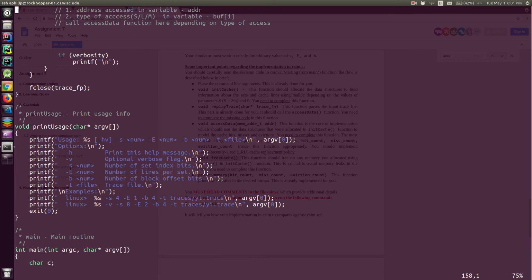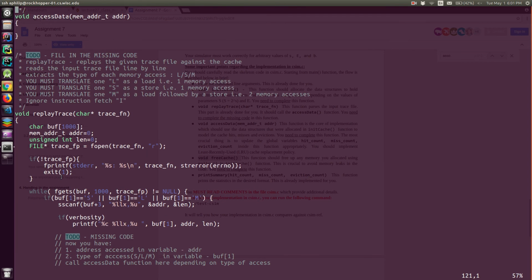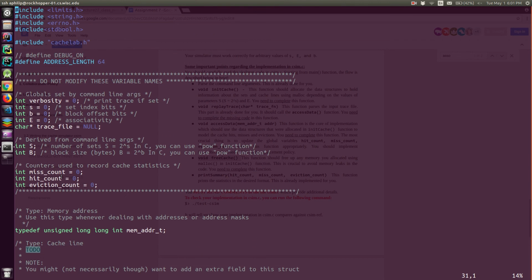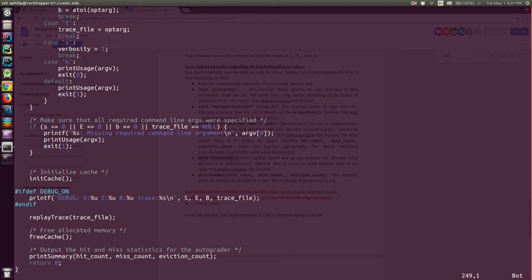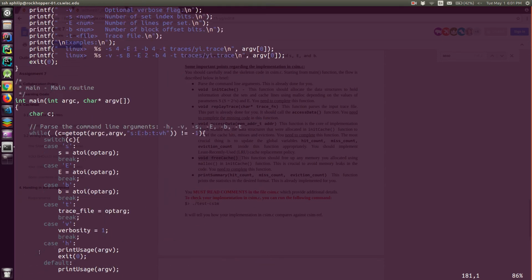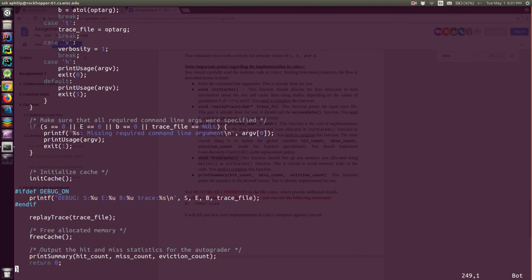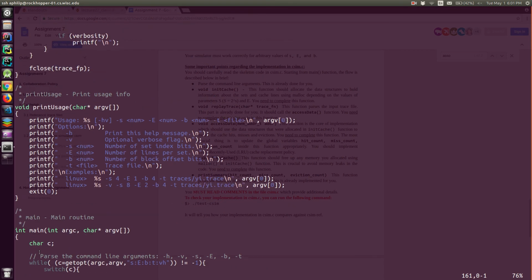Now coming to print usage, this is the statistics that's being printed. No, this is print usage. Print summary is this. Was it somewhere here? Yeah, I think this is defined in another supporting file that we gave, not in this. Okay, I'm not bothered about that. Let's go to